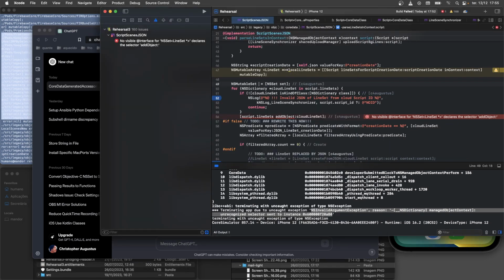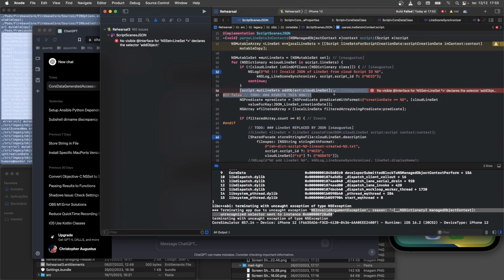I don't really like the notation where the pointer is attached to the reference, but whatever. Mutable line set. Sets. Isn't this line sets plural? Yes. Mutable line sets. Mutable set. Mutable line sets. There we go. Add object line set, and then obviously at the very end of all this nonsense,